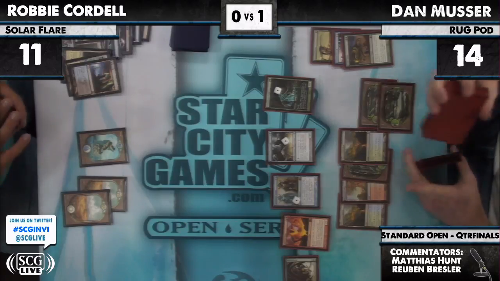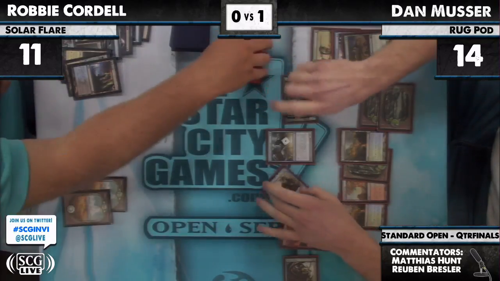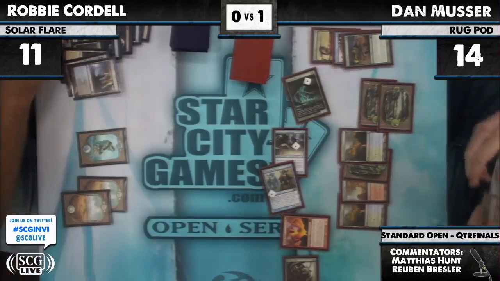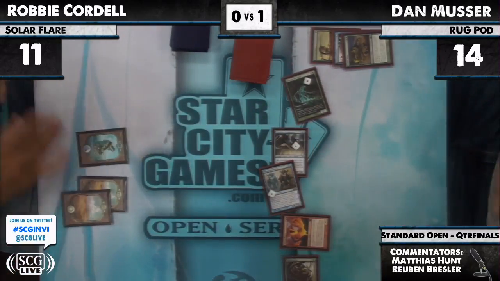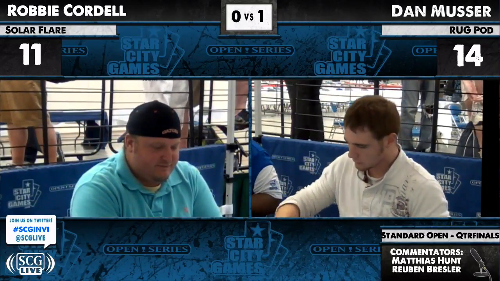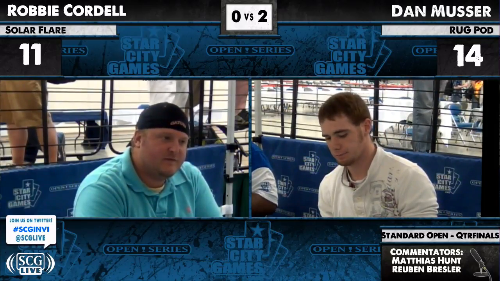So Robbie Cordell trying to stay alive for one more turn so we can get this Day of Judgment off. Nope, and that doesn't get it. It's a concession. Dan Musser wins 2-0 over Robbie Cordell. He will advance to tomorrow morning where he will play Ross Merriam in the semifinals for a spot of the Standard Open. Yep, Dan Musser very